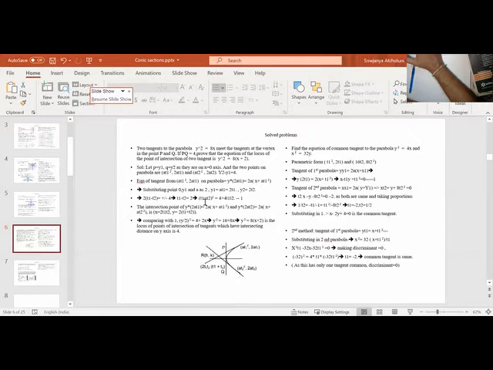So y by 2 whole square is equal to 4 plus 4 t1 t2. 2 t1 t2 is x, so 4 t1 t2 can be written as 2x. So 4 plus 2x. So y square is equal to 16 plus 8x. If I take 8 outside, 8 into x plus 2. So y square is equal to 8 into x plus 2. This is the relation between this x and y.